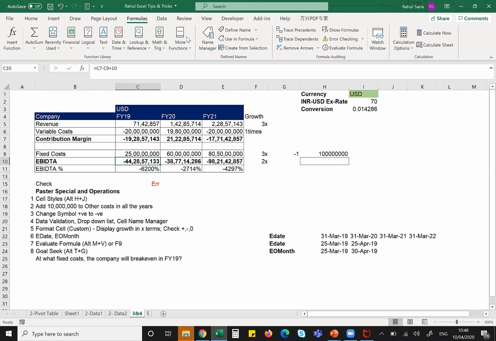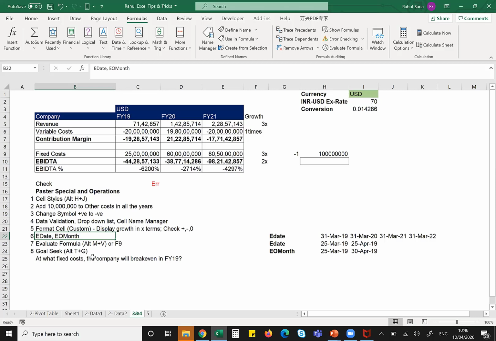Yes, guys, hope you are enjoying this and a lot to learn. If anyone tells you that they know everything about Excel, I'm telling you, they're wrong. They're completely wrong, because it's like an ocean. I would say it is bottomless. The more you learn, the more you get to know. I have been using Excel for the last 10 years, but I still learn something or other on a daily basis, and this is something very interesting that I want to share with you guys, which you can use. Moving forward, let's continue the journey.